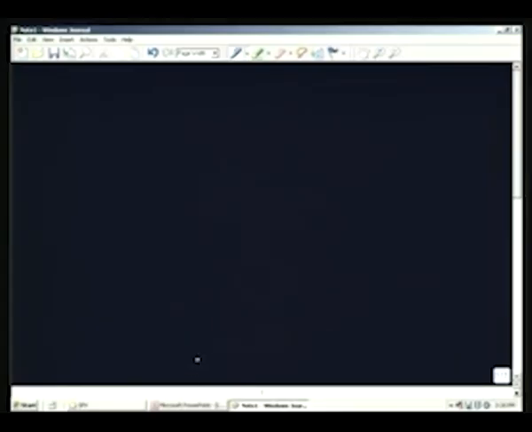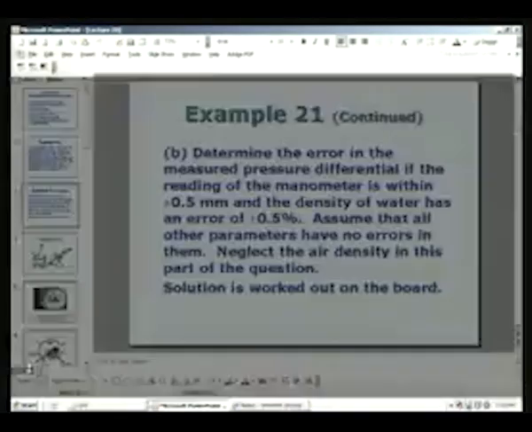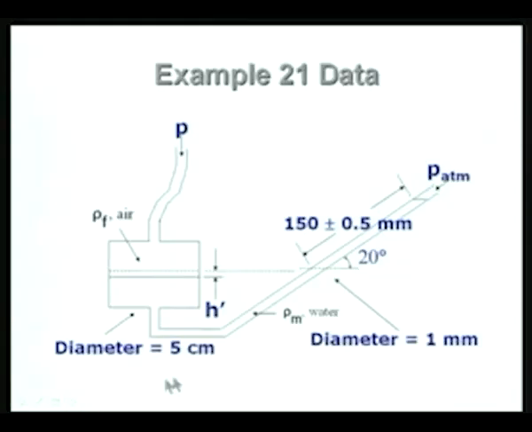In fact, I will go back to the... I will show you exactly what the data is. So, I have made a sketch for the example. We have the well on the left hand side, and the pressure to be measured is fed into the well, as you see here, and the density of the air is given as rho f, and the inclined tube is at an angle of 20 degrees as indicated here, and the